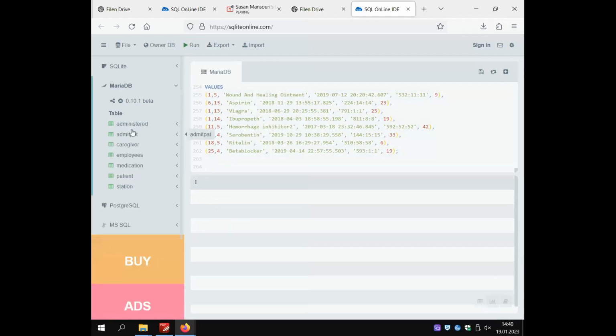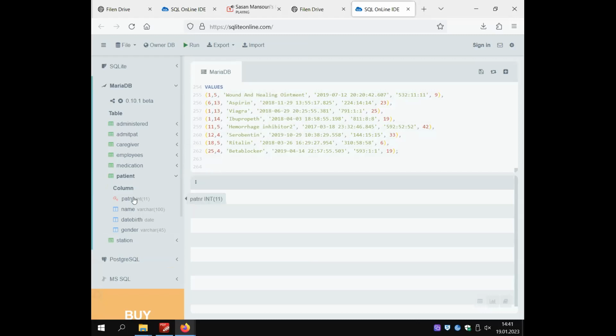This way you see here on the side the example table, or something like this, was dropped, and we have all these tables now that we will work with. This is a database about a hospital, where you have different tables with medicine that was administered, patients that were admitted to the hospital, the caregivers that work there, the employees that work there. The caregivers are a subgroup of the employees, the medication that they own and how much that costs,